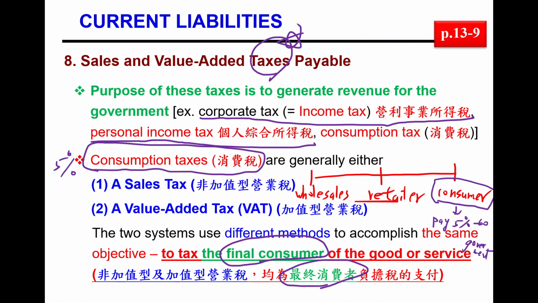So value added tax, 加值营业税, is actually still the same 5%. But value added tax means the government wants to take part of their 5% at each step. Okay, so what does that mean? Even though it's still the same,